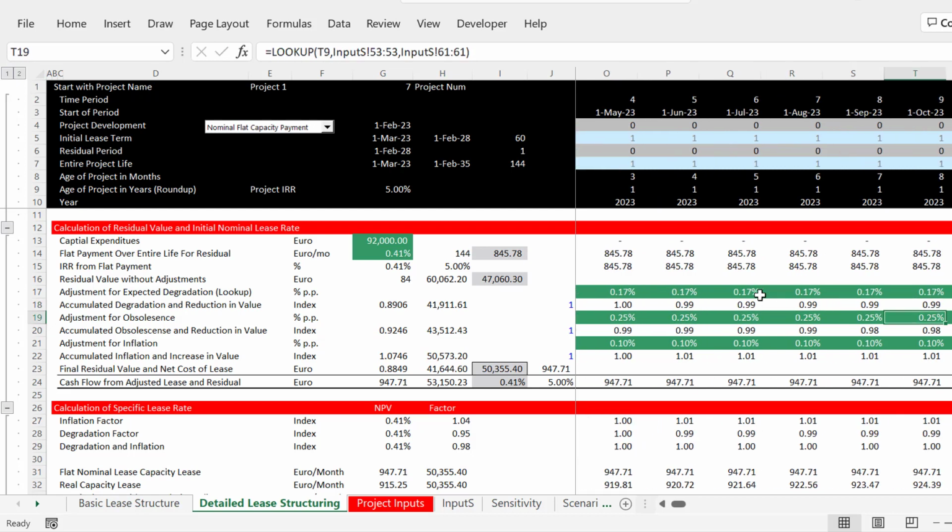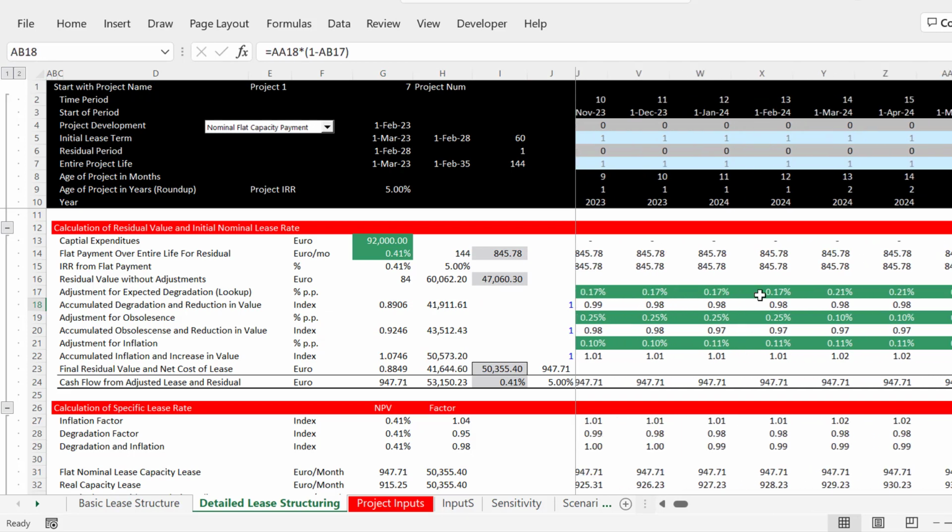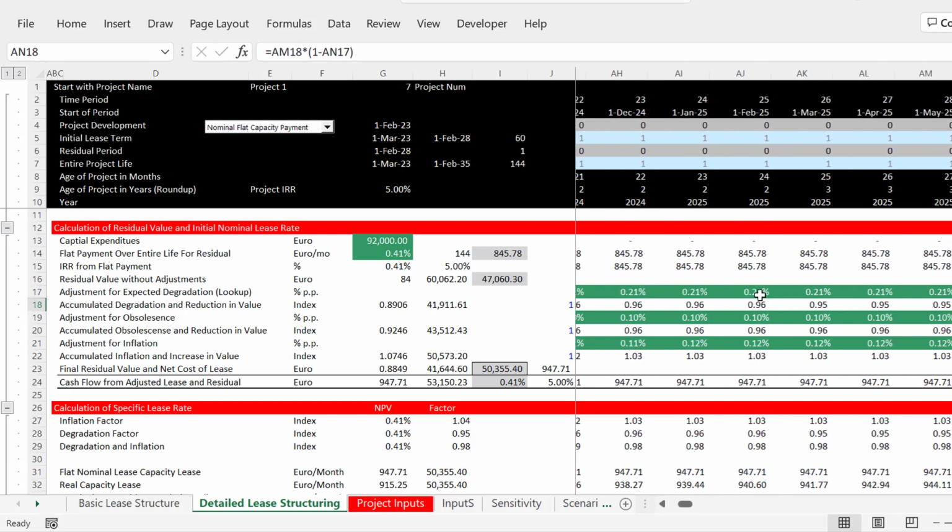Okay, but then you put all your month by month inflations in, you compute your indices, the degradation is going down, the obsolescence is going down, and the inflation is going up. And then here's the trick. Here's the trick, and I didn't know how to do this at first. Once you get the accumulated